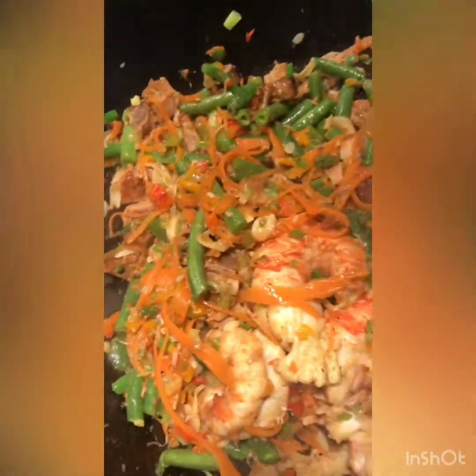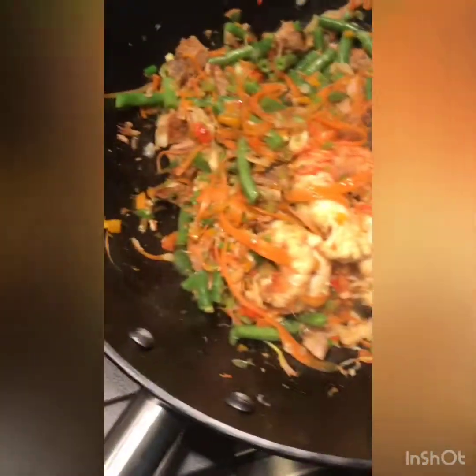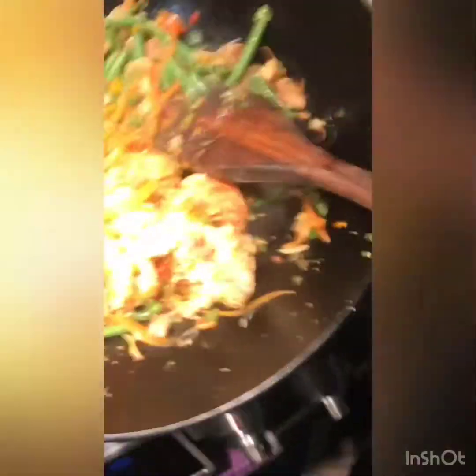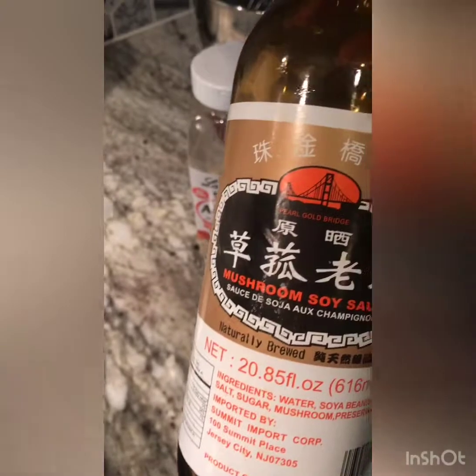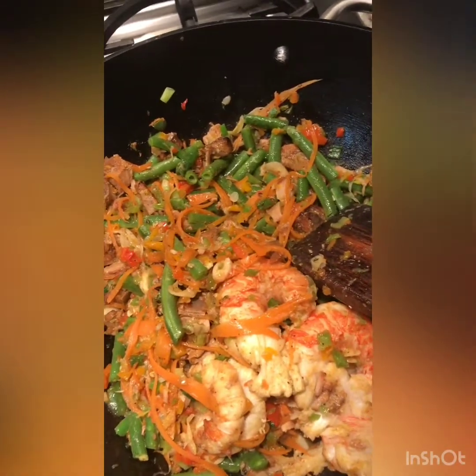And what I'm gonna do now, guys, is I don't want to overcook my veggies, so I'm gonna remove this from the heat, and I'm gonna come back searing the rice with Worcestershire sauce, and this is mushroom soy sauce, and of course a little bit of avocado oil. Removing all the veggies from the pot and searing the rice all by itself, and then we're adding everything back